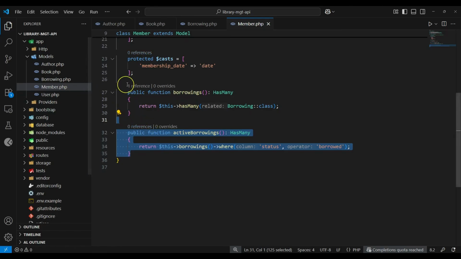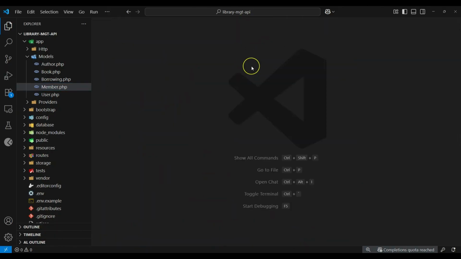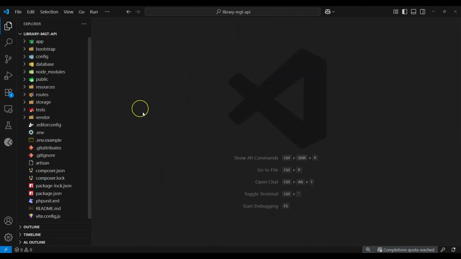And after that, now we have done the database setup, and now the next step